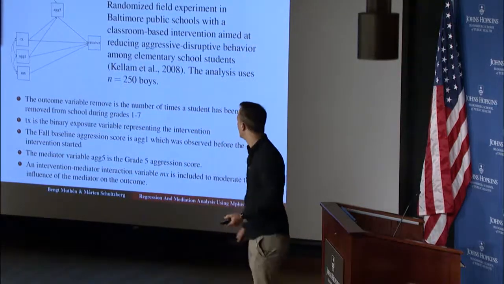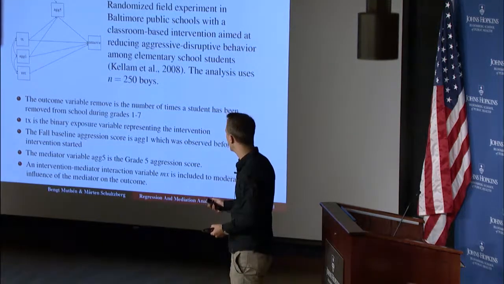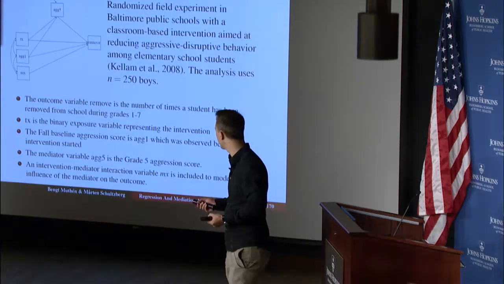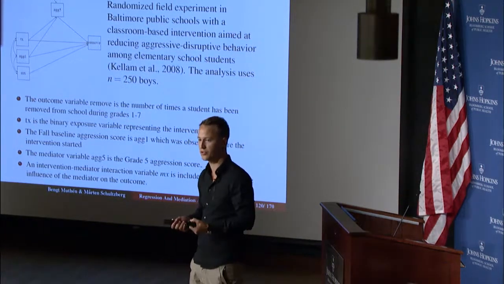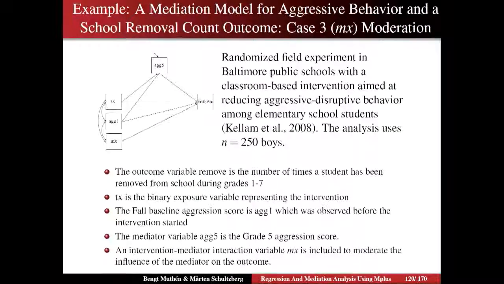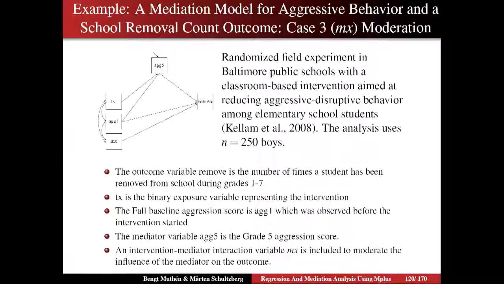All right. So now we're going to look at actually the example that we started with this morning, but in a bit more elaborate way. So we have again this randomized field experiment about the aggressive disruptive behaviors of elementary school students here in Baltimore, actually. So now we have the treatment variable that we had this morning, so an intervention trying to reduce the aggressive disruptive behavior. We have the baseline aggression, so the aggression in grade 1. But now we're not going to look at AG5 as the final outcome, but the mediator. So we say we measure the aggression in grade 5, and then the outcome variable is now the number of